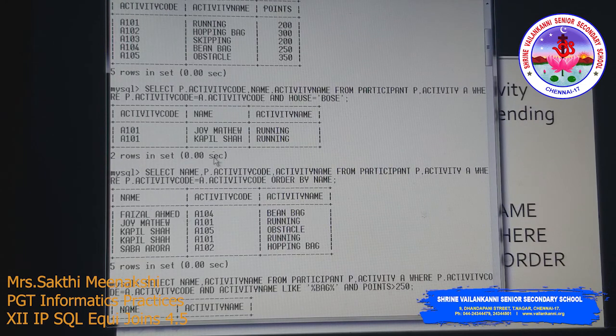Whenever you are referring to the common column, you have to use it with the table name, P dot activity code, comma activity name from participant P, activity A, where the equality condition is P dot activity code is equal to A dot activity code. There is no other condition here, we just have to order it, so I am using order by name. This gives the alphabetical order of names, then the activity code and then the activity name, right?